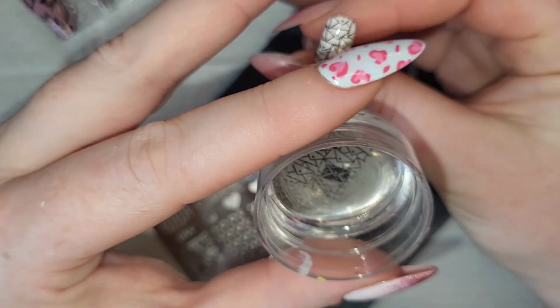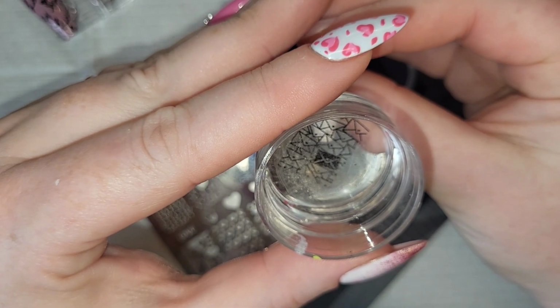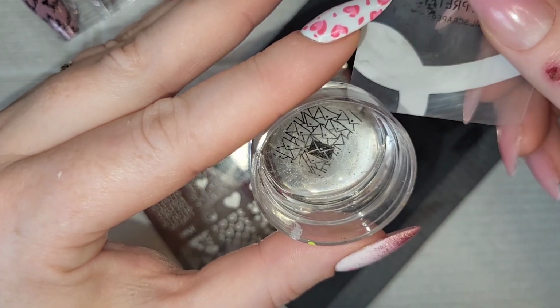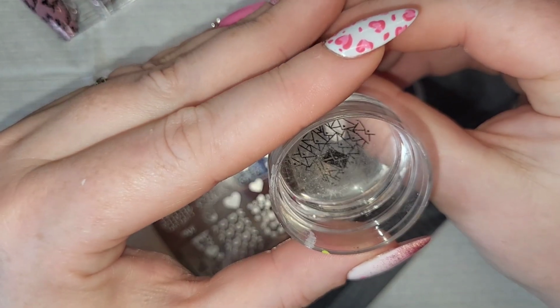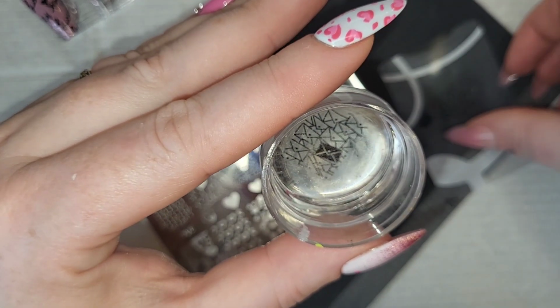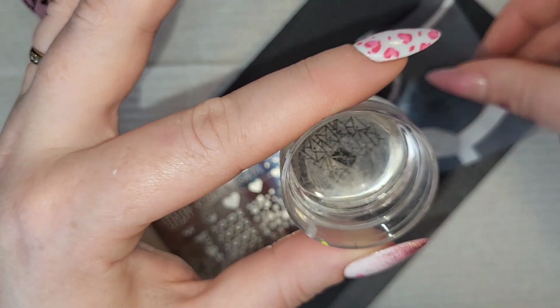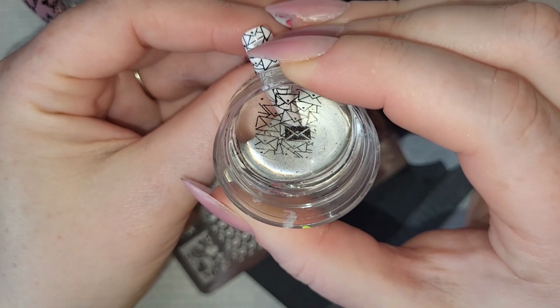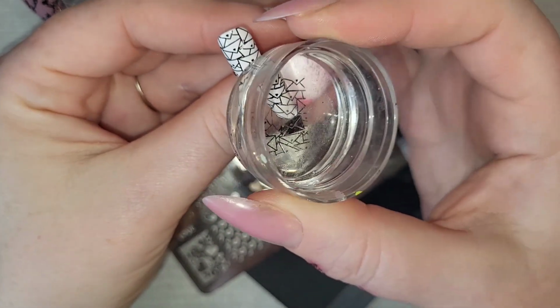So the way I get around that is, once I've finished the full stamping, I have to take some of the bits off to be able to fit on the next bit of that stamping. If you've got a shorter nail, absolutely fine, but we make things work, don't we? So the way I got around that is